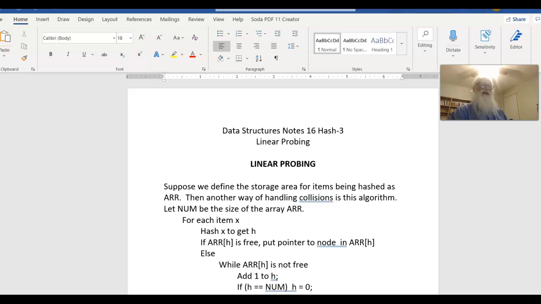Hello. I'd like to talk a little about Note 16, Data Structures Note 16. Those are the bases of your homework 24. Note 16 is an alternative to the solution to hash collisions, where two different keys hash to the same